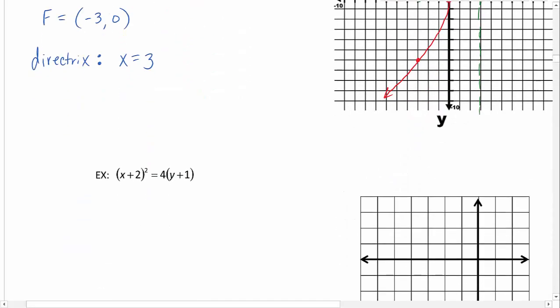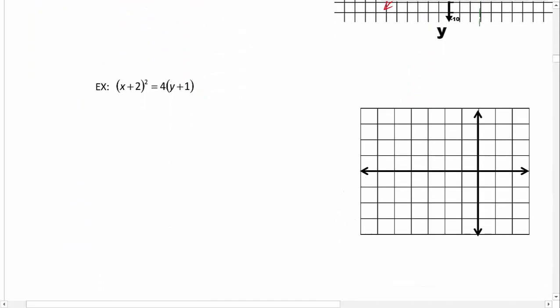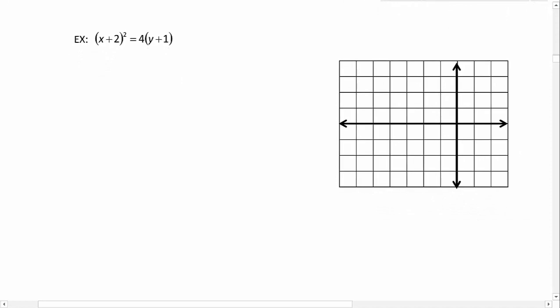Let's try another one. Let's graph y plus 2 quantity squared equals 4 times the quantity y plus 1. The first thing I notice here is that x is the variable being squared, so that tells me that it's opening either up or down. I see parentheses, so that tells me that my vertex is not at the origin. It's going to be at an ordered pair